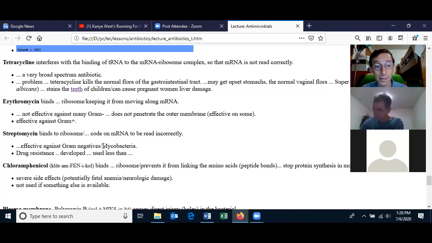Let me state that when you're treating mycobacteria, these cells grow slowly, so the drugs have to be used for a long period of time. I'm talking about for months. And they don't usually use just one antibiotic to treat mycobacterial infections. They will use a cocktail of something like 4 drugs. But streptomycin is one of the preferred antibiotics in the cocktail for mycobacteria.